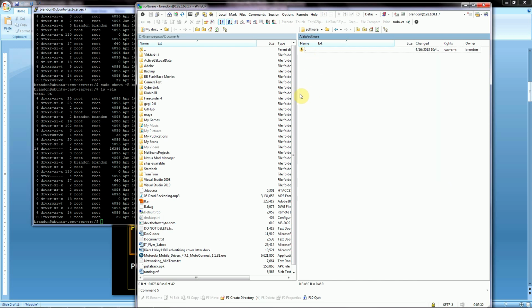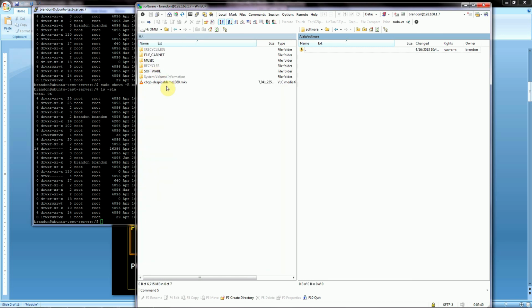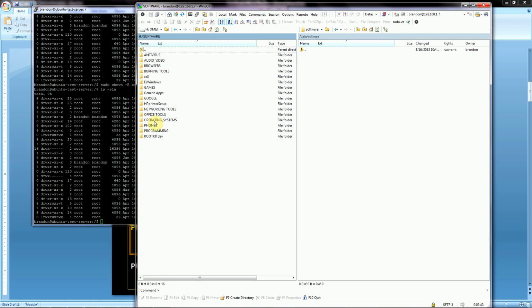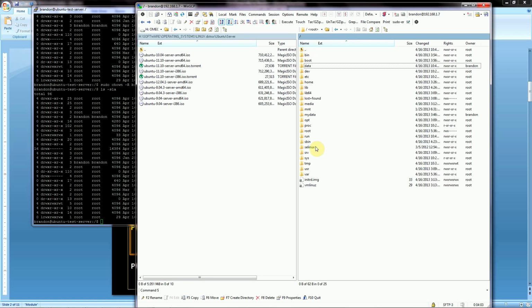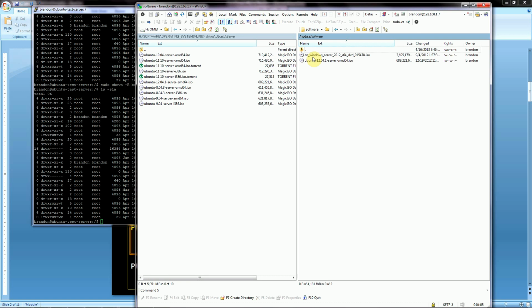And now once you're inside that folder, what you want to do is on your local machine, find the ISO file that corresponds to the operating system you want to install. So in my situation, I'm going to go ahead to my operating systems, and I want another instance of Ubuntu Server. So here's Ubuntu 12.04 64-bit server, and I could left click this and just drag and drop it over. Now I'm not going to do that because it takes a little bit of time, but I already have this installed in a different directory, and I'll just go ahead and move this